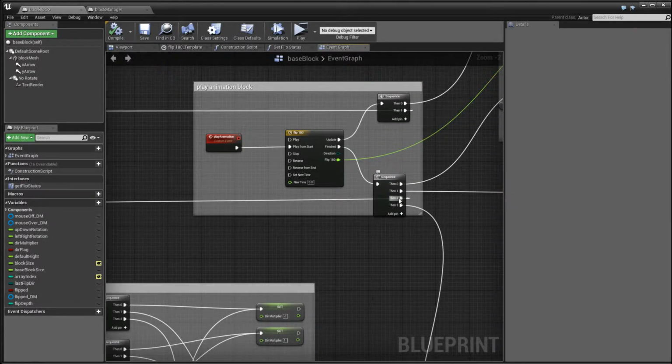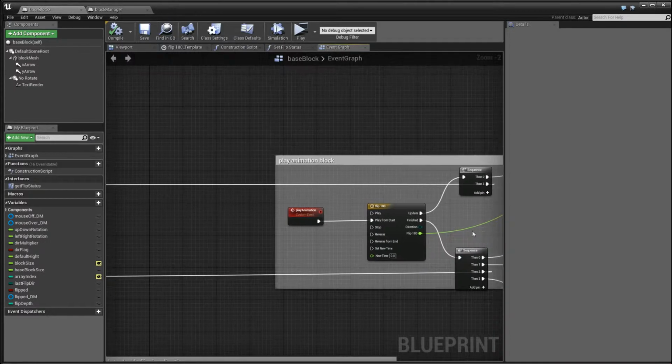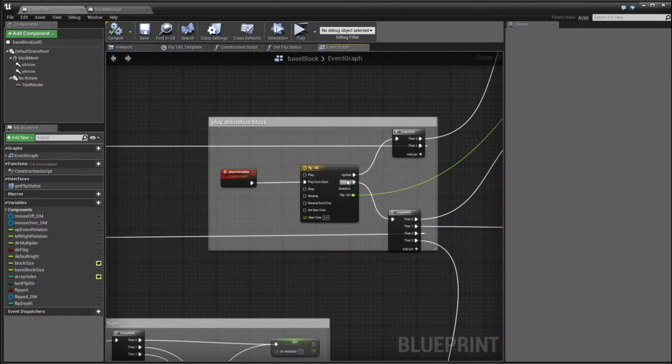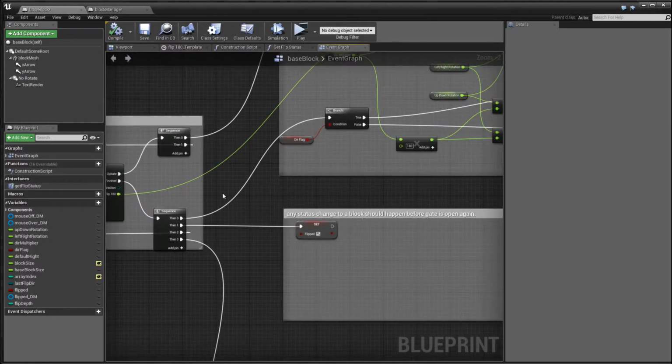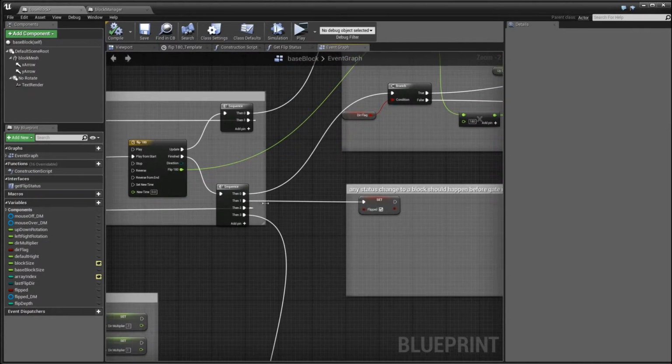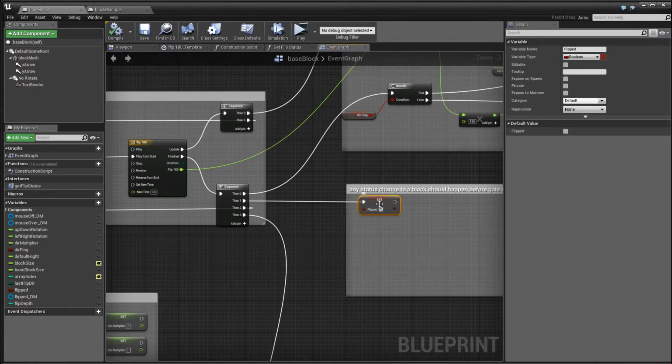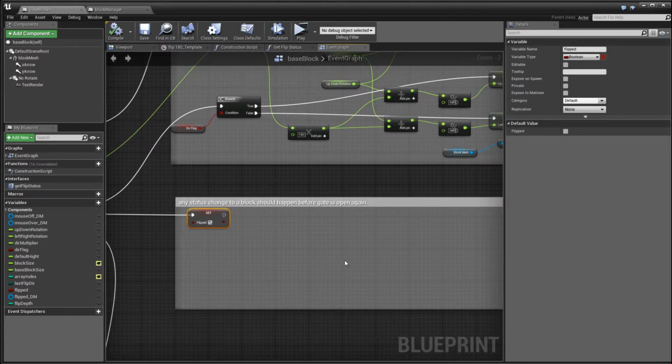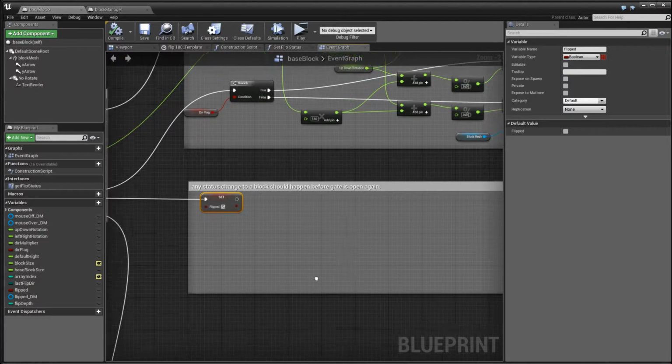So 2 is to open the gate, and close gate is from when the update happens. When it's finished, we first update some of the variables. We then set the flip status. In the comment section here, I said any state change to a block should happen before the gate is open again.